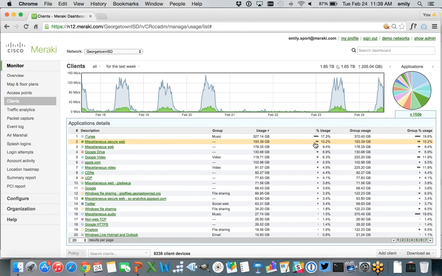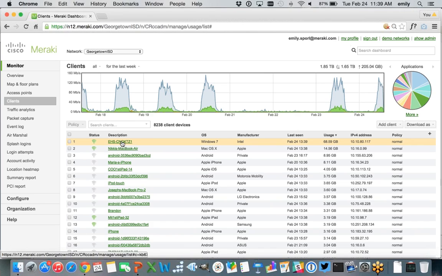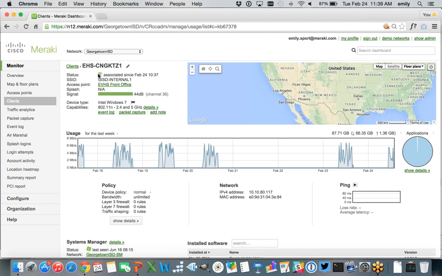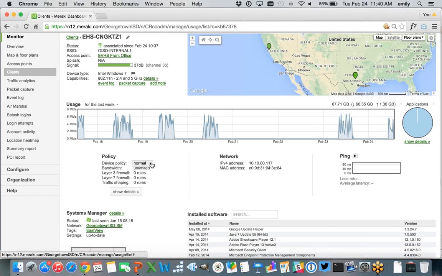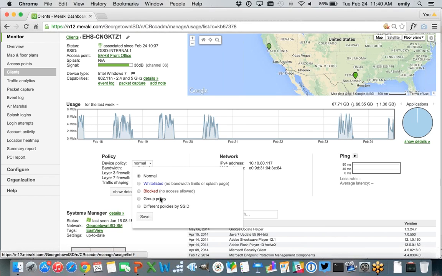Actually, let's see if we can find a client that is connected, just to give you a view. So maybe this one. So you can see this client is connected. You can see which wireless network it's connected to, which access point it's connected to. You're getting real-time statistics on signal strength. Here's real-time statistics, or aggregate statistics, I should say, on usage and bandwidth. And you can actually see, if you click this, more details about a particular individual client device. So again, this might be the kind of information you need to go in and apply a policy. So if you wanted to apply a policy at a device level, very easy to do.